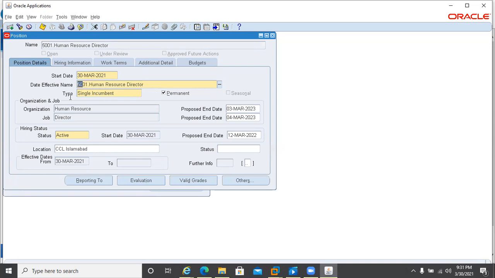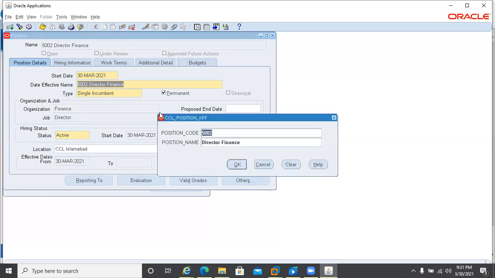Then this position needs to be linked with the second employee or with the third employee, the director. Are you getting my point? Yes, sir, I got it. Because I mentioned last time that suppose we have 1000 employees in an organization, then we have to create thousands of positions, and every employee has their own position. Okay, so let's look at this.